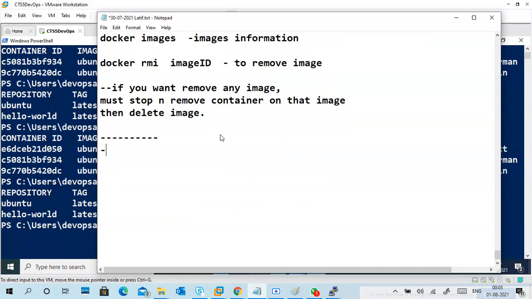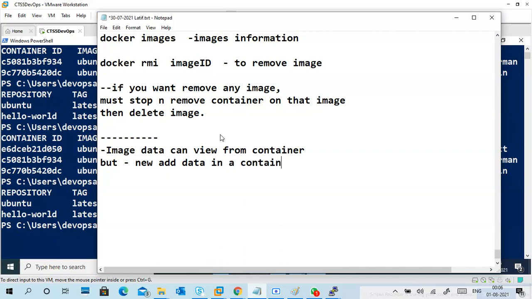It is the point to note: image data can be viewed from the container, but new data added in a container does not affect the image, meaning it won't change it or add to it.